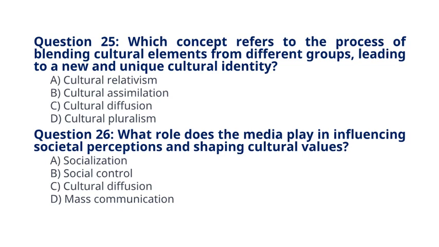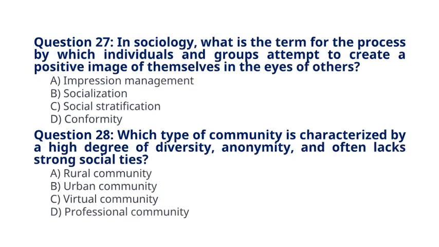A. Socialization. B. Social control. C. Cultural diffusion. D. Mass communication. The correct answer for question 26 is option D. Mass communication. Question 27. In sociology, what is the term for the process by which individuals and groups attempt to